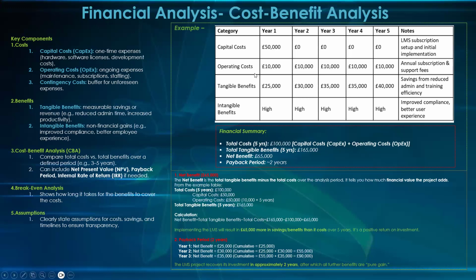Okay, let's do it like this. If you add up all this, what do you have? 50, 90, 65. If you add up all this, what do you have? 165. If you minus 165 from 100, what do you have? 65. At what point do you start making 65 grand? Yeah, 4. This plus this.